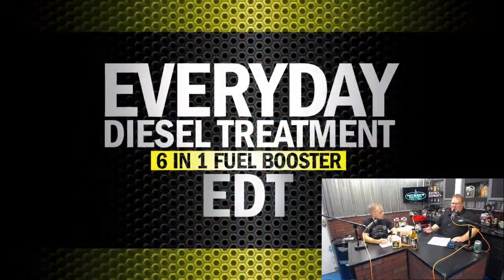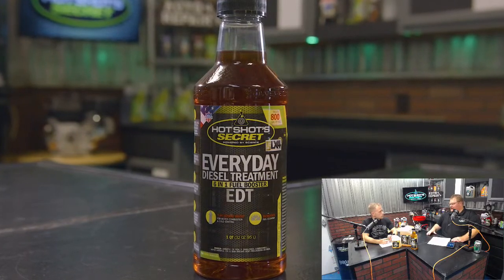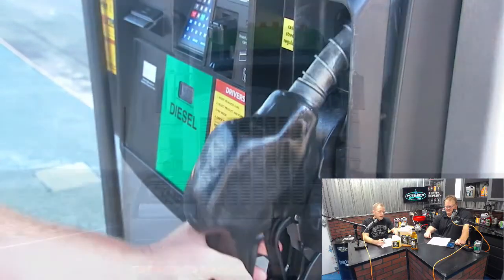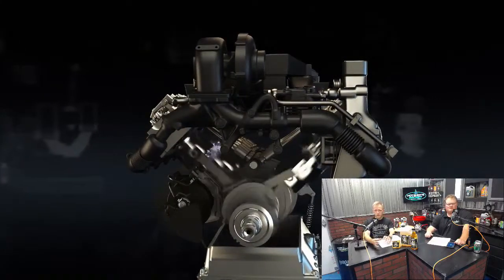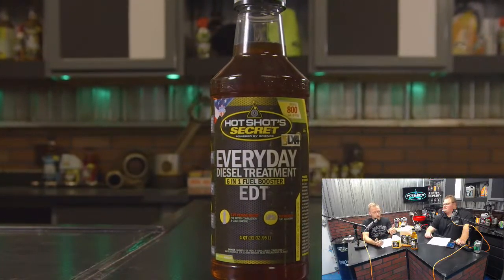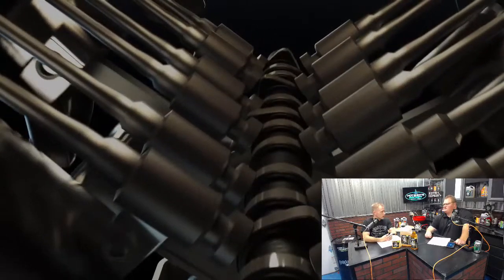Well, one thing we had to make sure of was that it was compatible. It also didn't raise the sulfur level detected in diesel, because again, we can't get above 15 parts per million on that. So if you're using EDT, you can be comfortable knowing that when it comes to lubricity, it has LX4 in it. That's the lubricity agent. And we've even seen that if you get fuel that's out of spec, it'll get it back into spec,